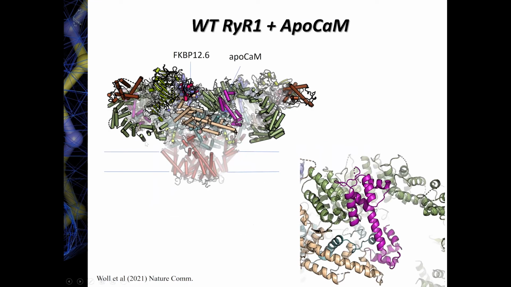So shown here is a cryo-EM structure of the pig RYR1. We have different domains colored differently. But calmodulin, apocalmodulin, is this purple protein here that sits at the periphery of this cytosolic cap. And on the right here is kind of a blow up of this, and you can see it interacts mostly with this green solenoid, this so-called bridging solenoid. Now I can tell you a lot about the precise interactions with calmodulin, but what I want to highlight here is actually what it allowed us to do in terms of analyzing the disease mutant.